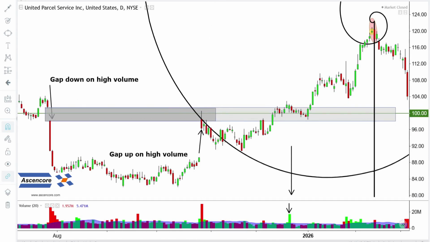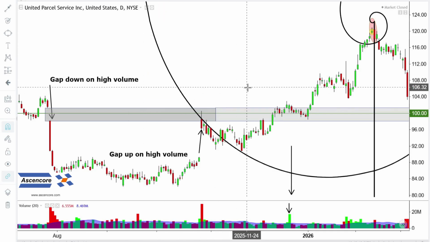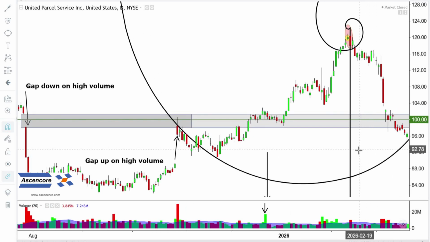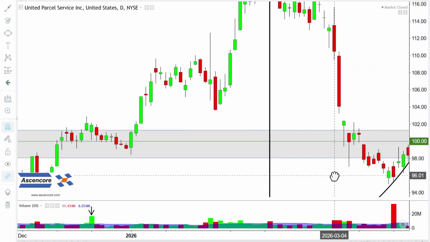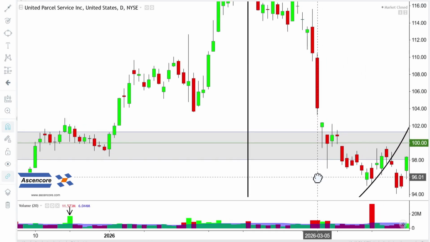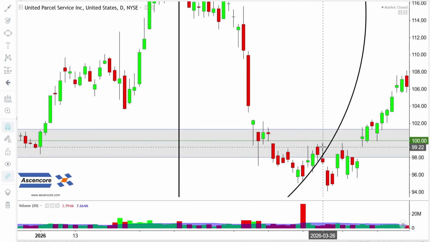like this gap up downswing, just for extra validity of the spiral's position. Then, like before, switch to lock scale. See here, the spiral intersects with support. It's far from perfect, but this is how it works in real life. Not perfect all the time, but it does identify the approximate time during this very volatile period at established support